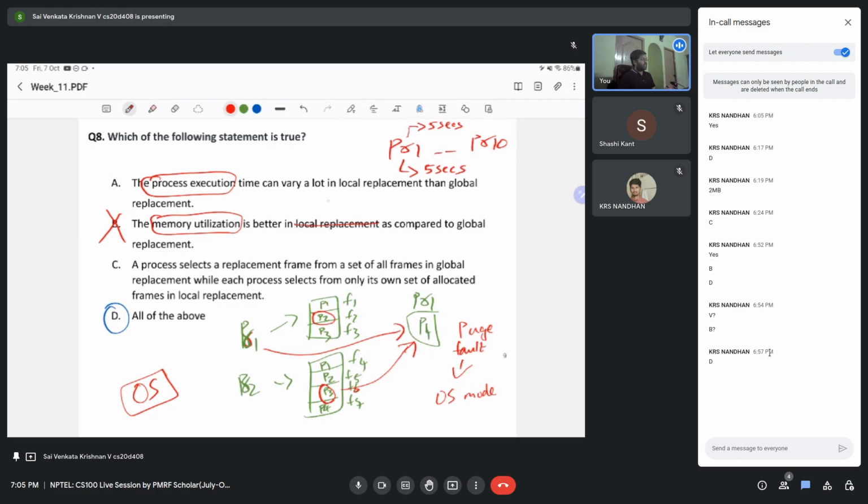This will be the case in local replacement policy. Assume process 1 asks for some input, and you're keying in the same options. In that case, your process execution time in local replacement will be the same, because process 1 would have been allocated, say, 5 frames. Within those 5 frames it would be reusing all those frames, swapping in and swapping out its pages, and if the same input is given, it will go through the same control flow,